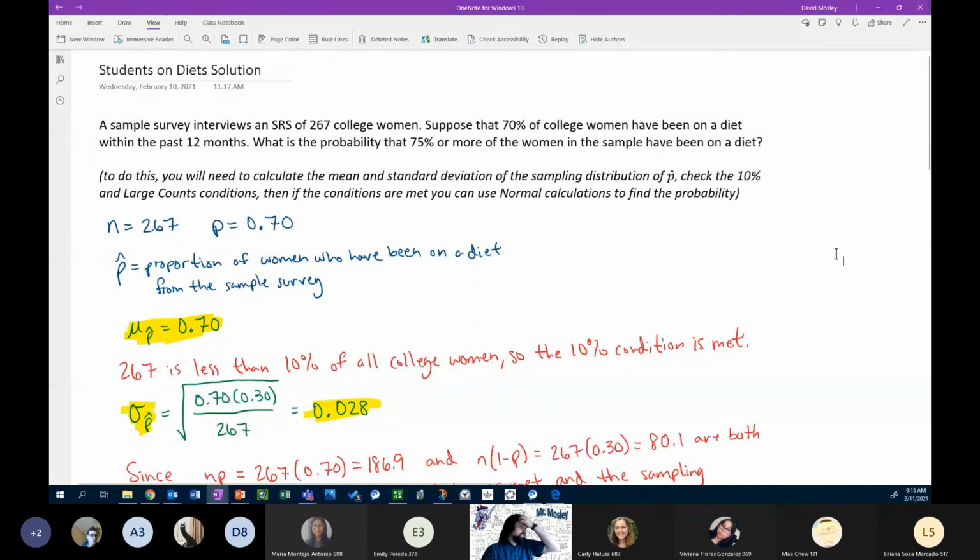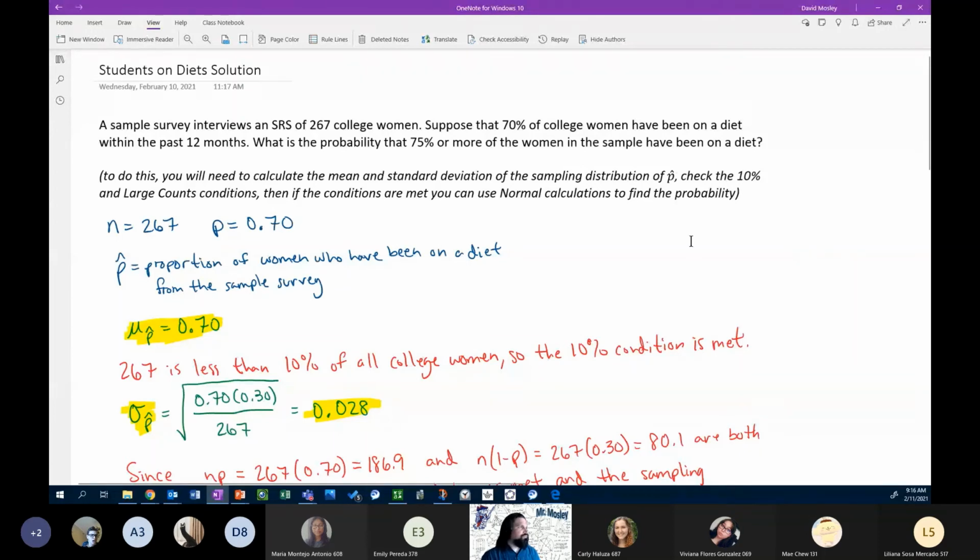All right, so this has already been worked out. I'm going to walk you guys through what this is. This is a problem from the textbook. We have a sample survey that interviews an SRS of 267 college women. Suppose that 70% of college women have been on a diet within the past 12 months. What is the probability that 75% or more of the women in the sample have been on a diet in